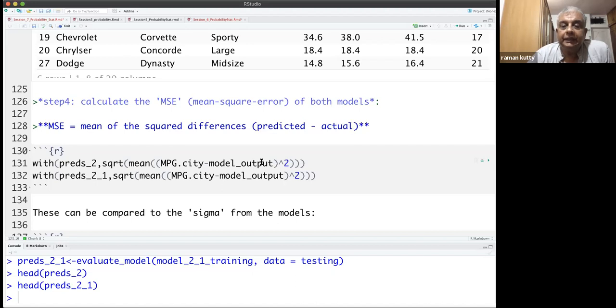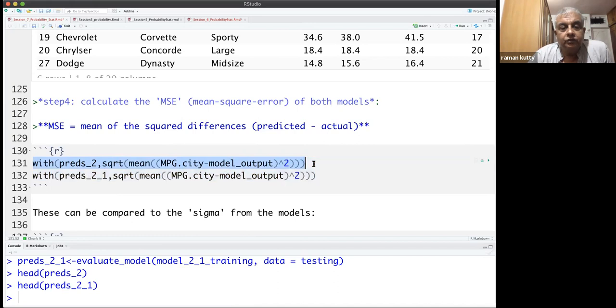You take those differences and square them, then take the mean of the squares, that is sum them and take the average, and then you take the square root of that mean value, which gives you the RMSE, the root mean square error.